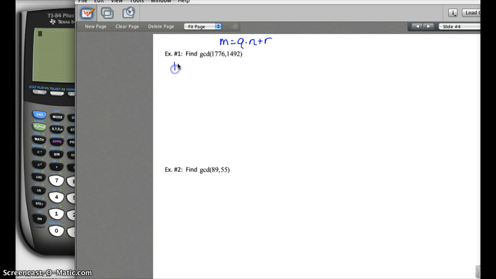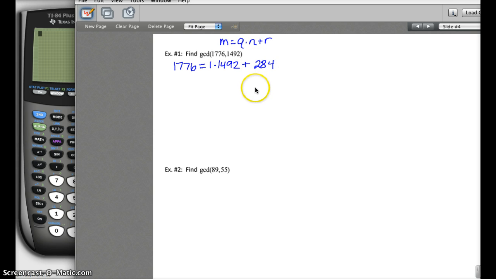So we're starting out with 1776. We want to think about how many times 1492 can go into 1776. This is one we can probably do in our head. So we have 1 times 1492, so our quotient is 1, plus we need a remainder. To get the remainder, we take 1776 minus 1492. We end up with